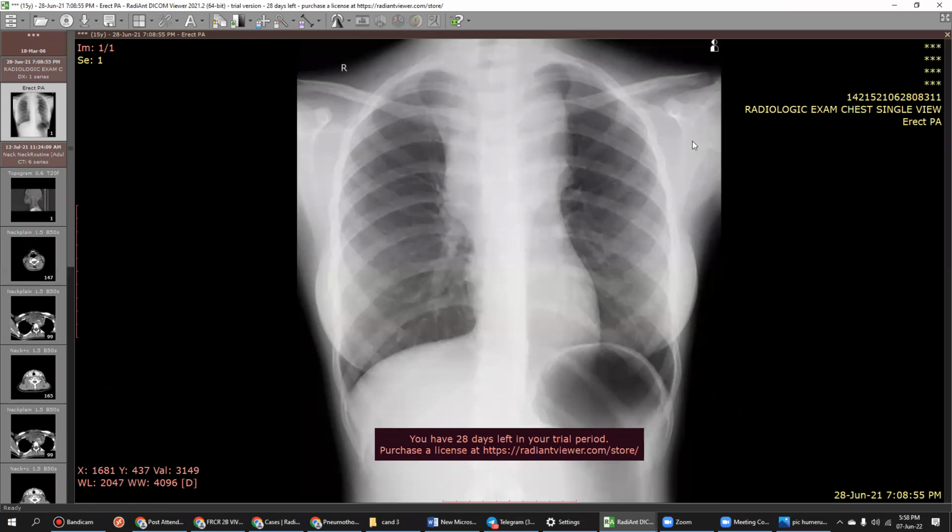Differentials would be germ cell tumors and lymphoma. Lymphoma, mets, okay, more or less. Anyways, how you have to describe it? This is a large soft tissue opacity seen in the superior mediastinum, which is silhouetting the cardiac margins on the left side, and with obliteration and silhouetting of the arch of the aorta.